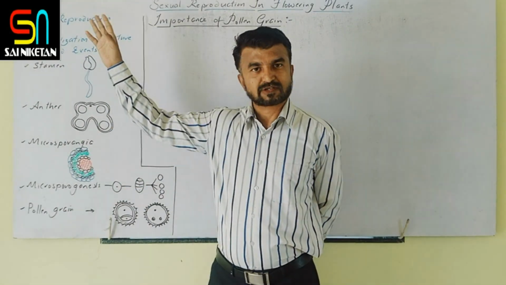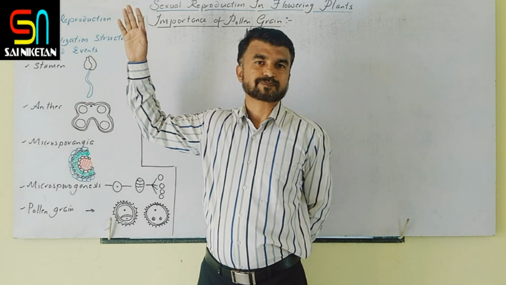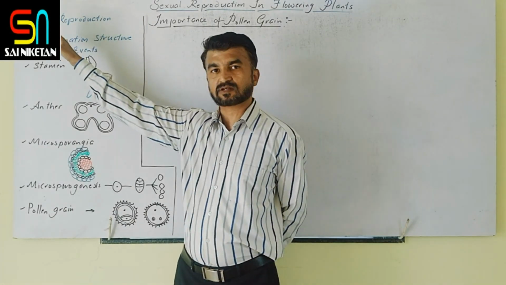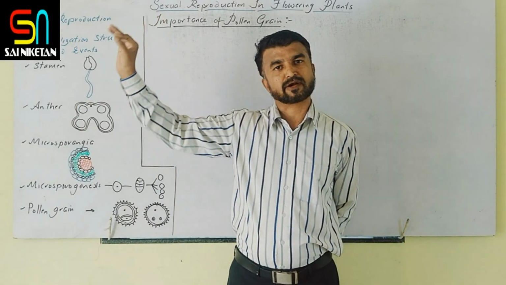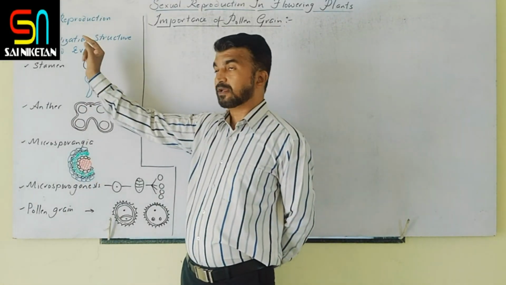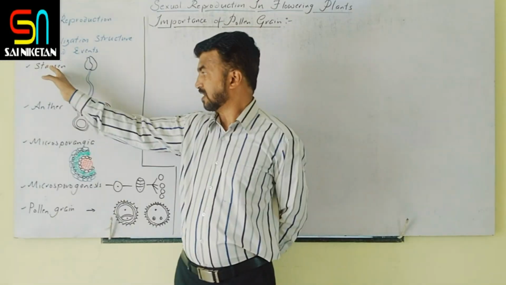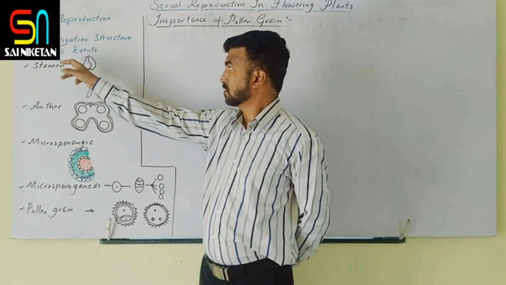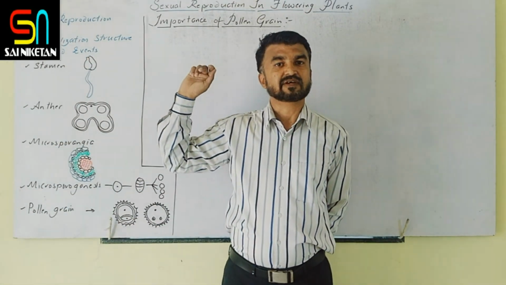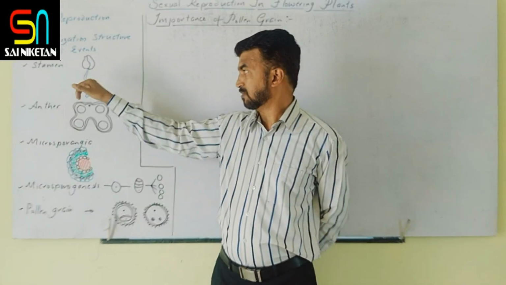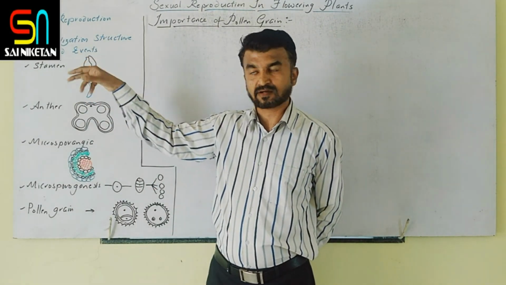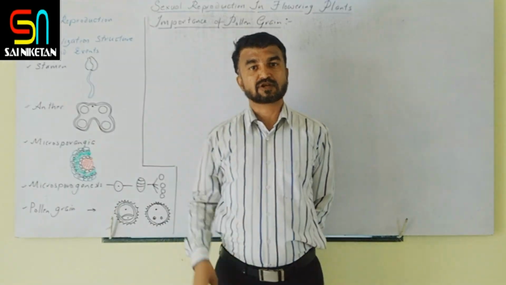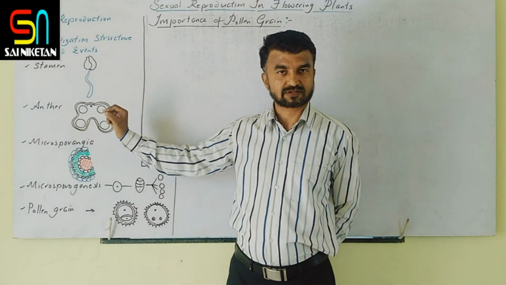We covered sexual reproduction definition, events and location. Flower structure: calyx, corolla, androecium, gynoecium. Under pre-fertilization structures, the heading stamen, microsporangia and pollen grain is given in the textbook. The stamen is the individual part of the androecium. It is made up of filament and anther. When you take the transverse section of anther, it is a roughly tetragonal structure.